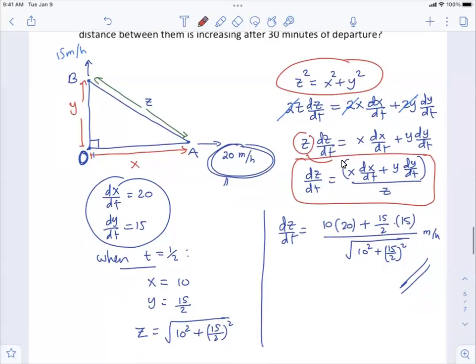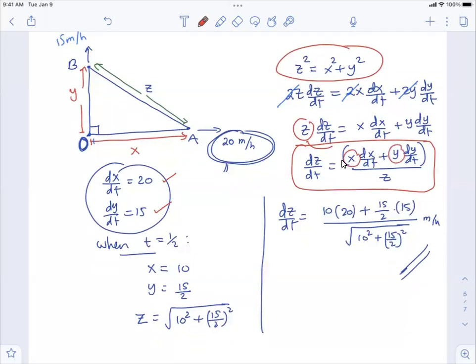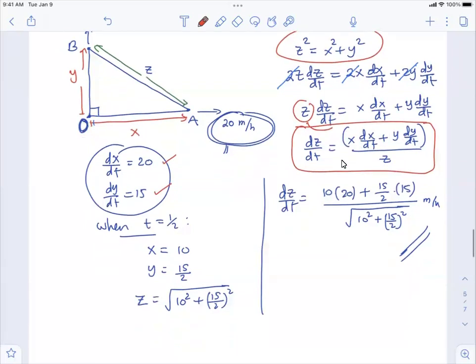Now, let's try to figure out if we have all the information on hand. dx/dt is already given. That is 20. It is right here. dy/dt is given. It's right here. And then you need to figure out x, y, and z. But x is none other than, when you consider 30 minutes, now this is a situation where you need to be careful with the units. All the speeds are given in terms of miles per hour, and I'm asking you to think about the situation where